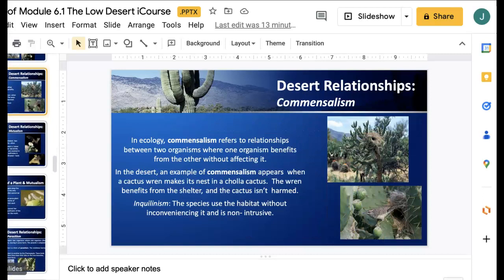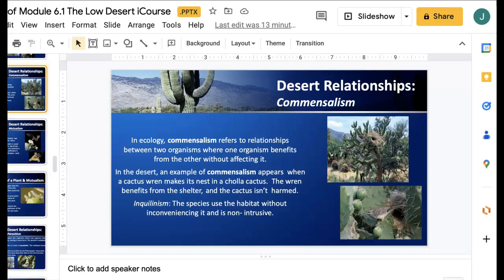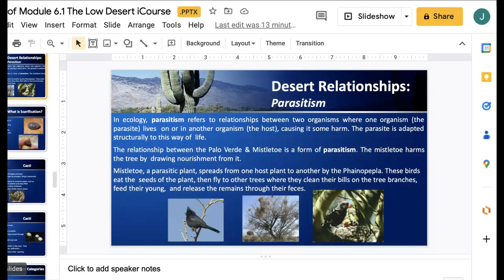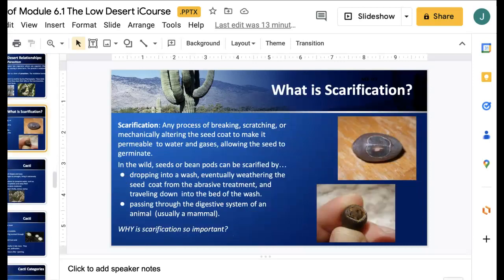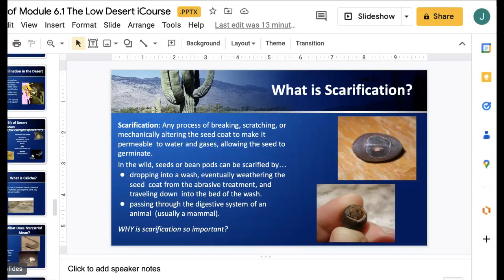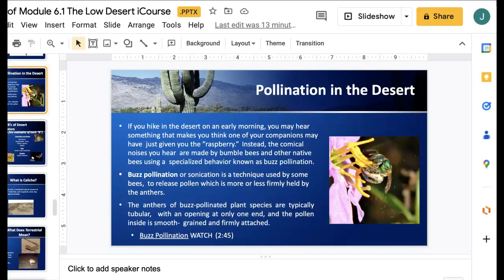Goes into desert relationships, especially commensalism within the realm of ecology, and mutualism and other relationships, parasitism. So, and then scarification, as I mentioned, why it's so important. So be thinking about that as you're going through these course materials this week. And then you have a lot at the end about pollination, who pollinates,